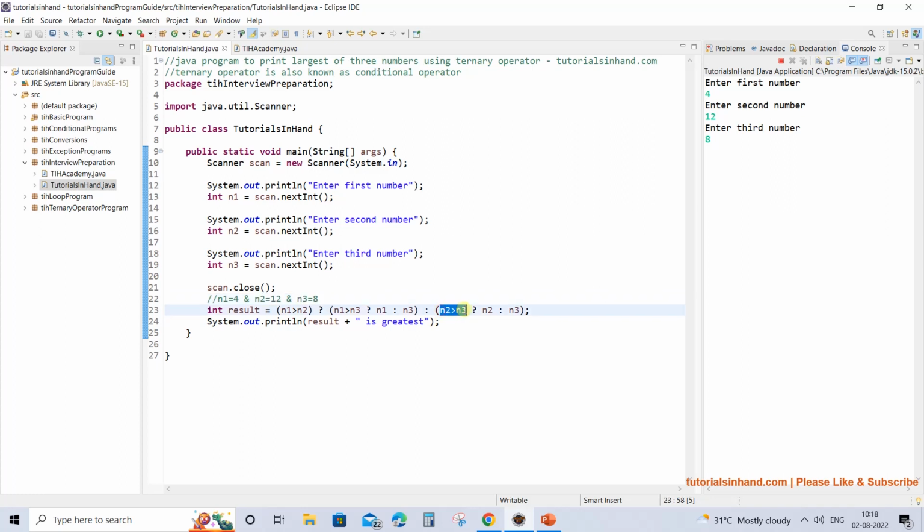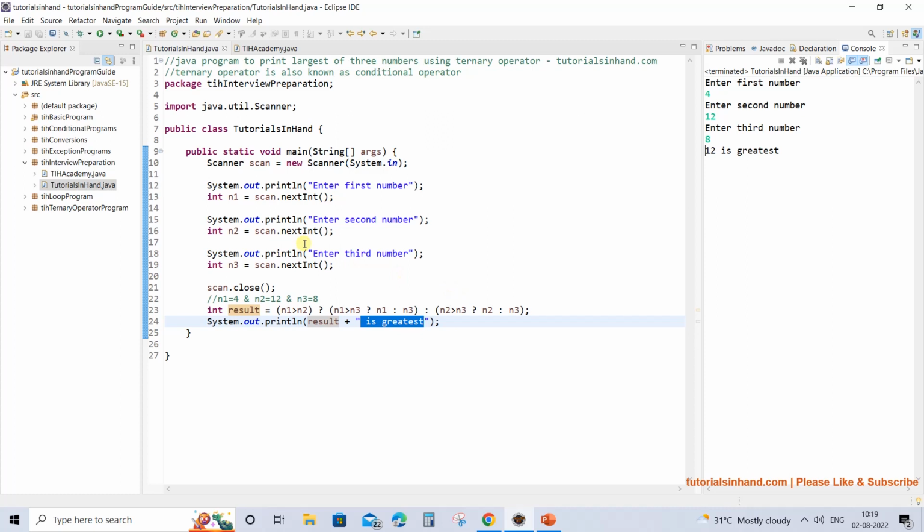So 12 greater than 8 is going to get compared, and it will turn out to be true because 12 is greater than 8, and if this turns out to be true, the statement after this question mark is going to get executed, and the value n2 is going to get returned as the result of the ternary operator, which will be stored in this result integer variable, and that is going to get printed. So n2 is greatest, that means 12 is returned, and we will print here 12 is greatest, and hit enter and you will see 12 is greatest is printed over here.